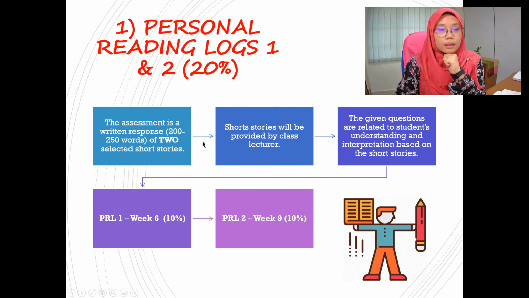take a look at what are the things that you should write about. First, I'm going to give you short stories. Okay, for PRL1, 1 short story. PRL2, 1 short story. So you have to read the short stories, and later during week 6 and week 9, I'm going to give you questions based on the short stories, and then you have to write the answer to the question, and the length of your answer must be between 200 to 250 words. Okay,